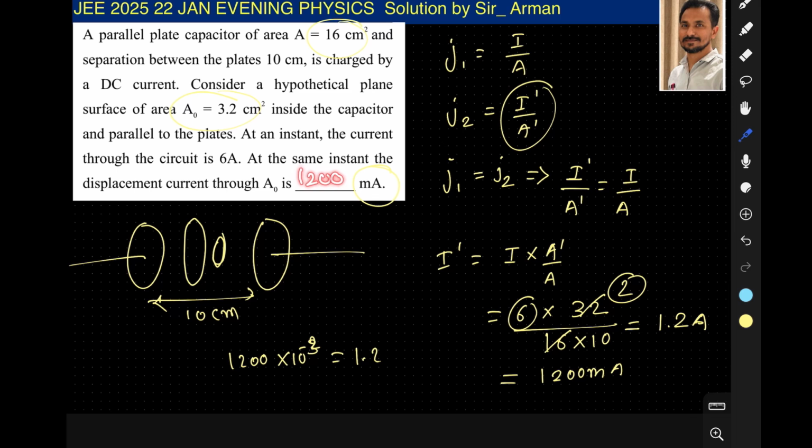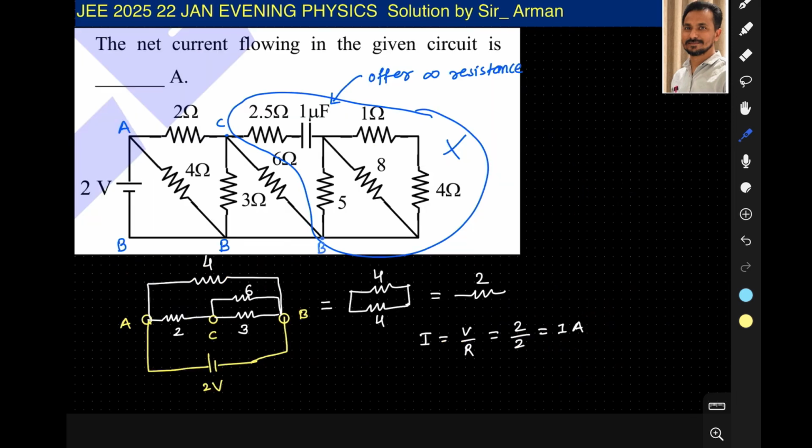द नेट करंट फ्लोइंग इन द गिवन सर्किट इज, तो यहाँ आप देख सकते हैं कि हमें इस पार्ट पर एक कैपेसिटर दिया है ये नेटवर्क में, और हमें पता है कि जब कैपेसिटर फुल चार्ज हो जाता है, राइट, मीन्स स्टेडी स्टेट आ जाता है, उसी केस में वो डीसी को ब्लॉक करता है। उसका मतलब यहाँ से आगे कोई करंट नहीं जाएगा। अगर करंट नहीं जाएगा इसका मतलब है यहाँ भी करंट फ्लो नहीं होगा। अगर यहाँ भी करंट फ्लो नहीं होगा तो यहाँ से पूरी सर्किट कट हो जाएगी, राइट।